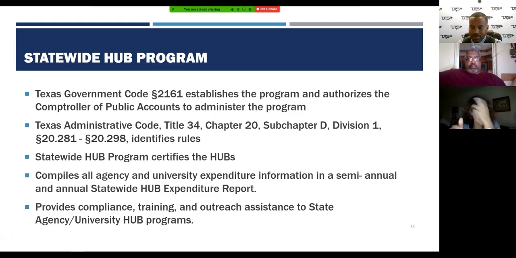The statewide HUB program, I have a bug in my face. The statewide HUB program is the umbrella. We oversee, we administer, and we establish the rules. We report on everything they're doing, and we provide education and outreach to assist the agency in their successful HUB program